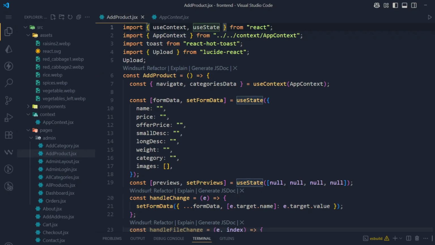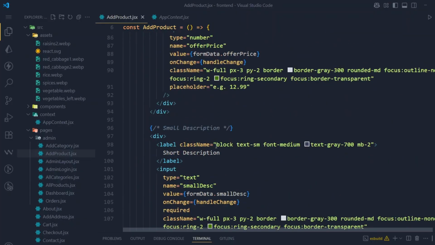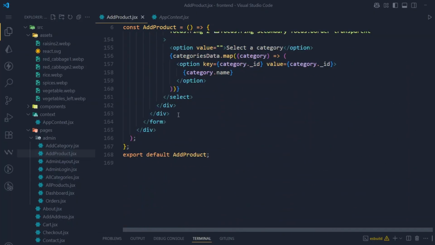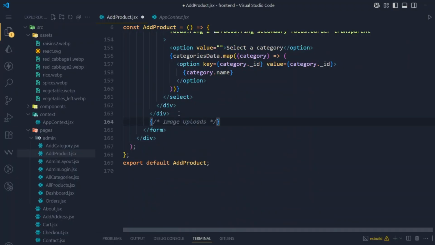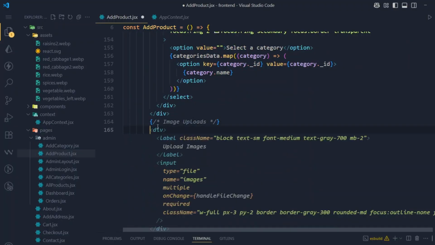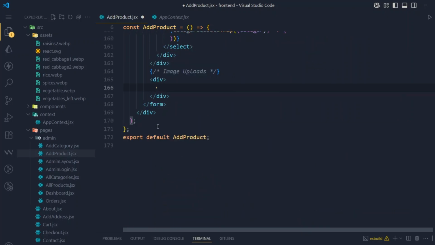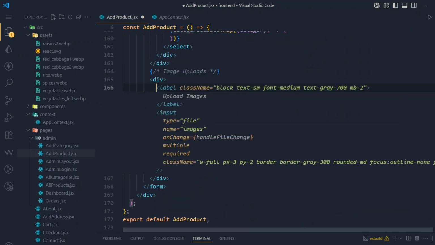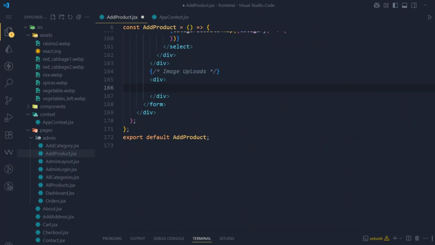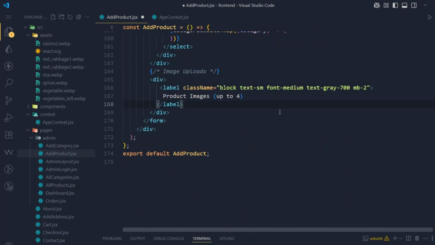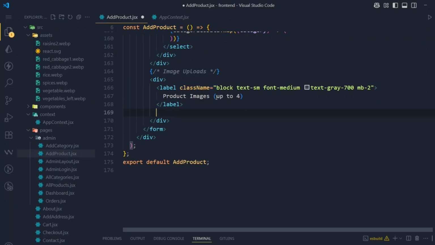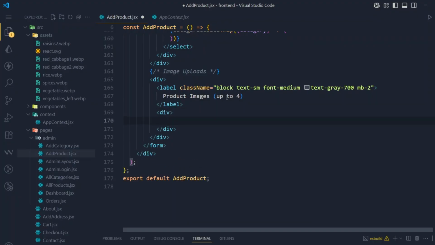So to select images, what we will do, I will just comment here below this, and here I will use a div tag, and inside this div I will use label. So this is our label, classes are same. You can see here we have same classes, just label product images up to 4. Okay, below this label we will use one div, and here we will use grid-cols-4 class name,